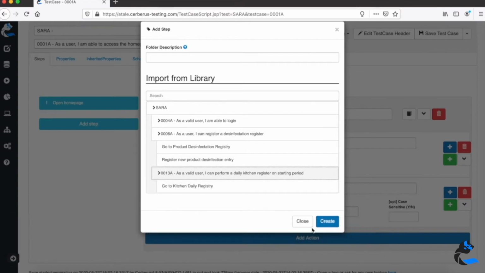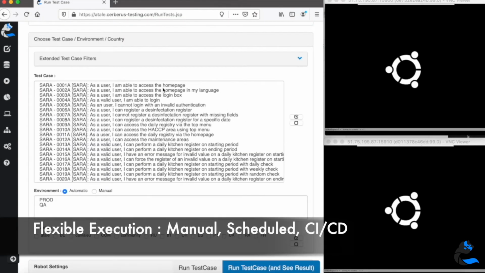Now we'll move to the second part, which is the test reporting, and here I'm on the main screen of reporting. I will go through the screen to explain the key capabilities of Cerberus testing in terms of execution. As you can see, you can easily see the various test cases available. You can select them like that, or you can also group your tests in a campaign if you decide to.